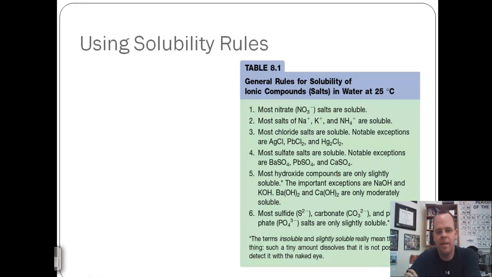To understand when something dissolves or when something doesn't dissolve, we need to look at the solubility rules. These are found in your book in Table 8.1. These are the common solubility rules. The first three of these solubility rules are the only three that you need to know by memory. The rest of the solubility rules will be given to you. If you remember in class those blue periodic tables that we work with, if you flip them over, on the back side is a list of the remaining solubility rules. The three solubility rules that you have to have memorized